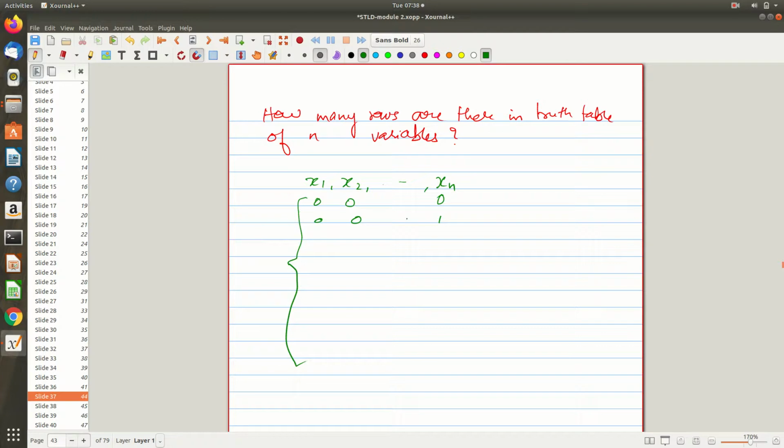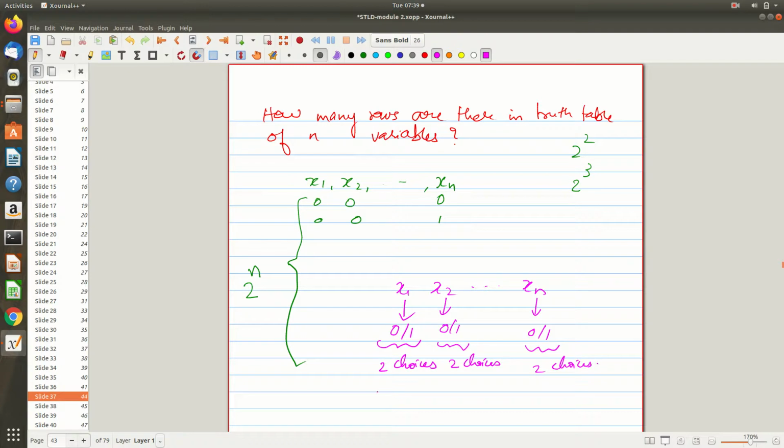For two variables, you saw that it is 2 power 2, I mean 4. For three variables, it is 2 power 3. By example you can generalize, or let me tell you the reason. I have variables x1, x2, etc., xn. How many possibilities are there for x1? In the truth table, I can assign either 0 or 1 for x1, so two choices. Similarly for x2, how many choices? 0 or 1, still two choices, right? Then for xn? Again 0 or 1, two choices, right?